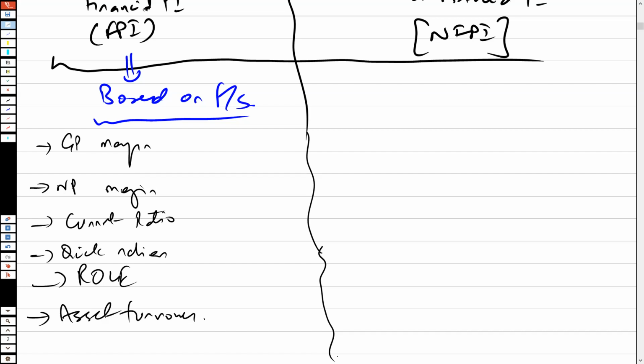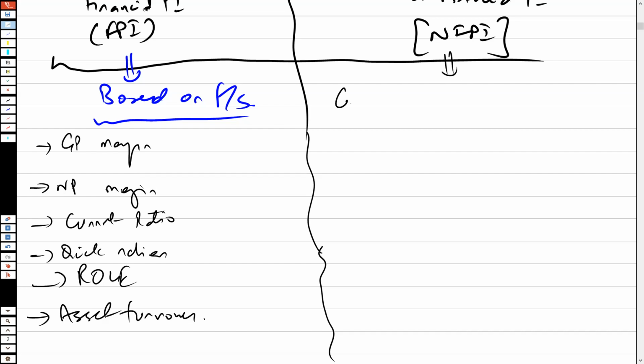Now, the other aspect is the non-financial performance indicator. You could have many non-financial aspects covered. What do we mean by that? The non-financial aspects that could be covered include